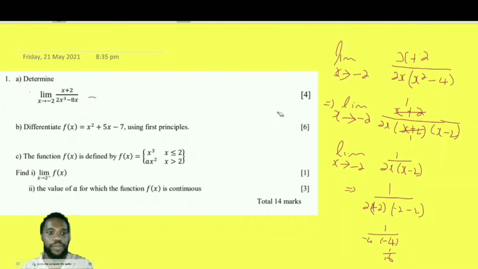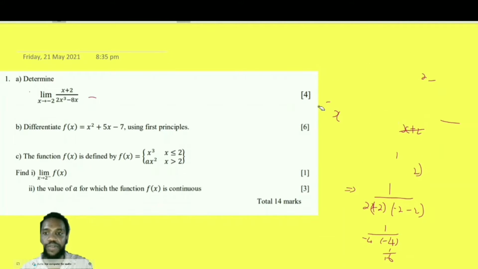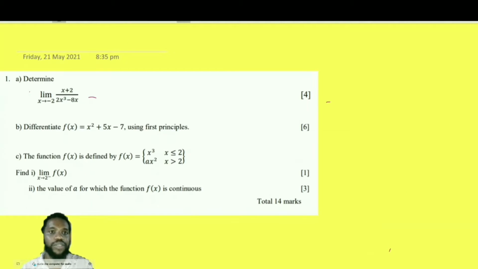Alright, in the meantime, look at question 1b. 1b is referring to what we call differentiation from first principle. And it says, using first principle, differentiate the function f of x. Now, before I get into the whole idea of that, let me start. And of course, the definition of first principle, differentiation from first principle, is where the whole idea of the shortcut of differentiation comes from. So it says that you can have dy dx or you can have f prime of